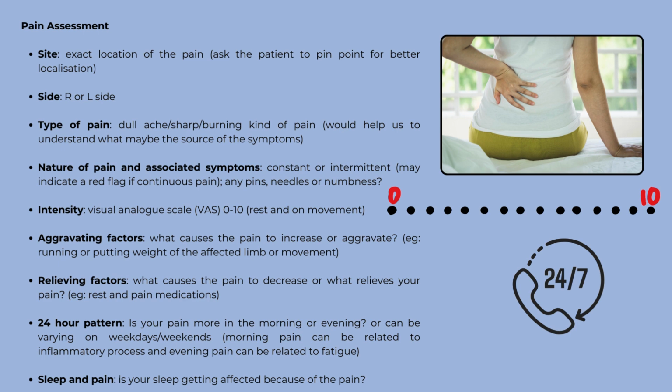Now, intensity, that is a visual analog scale. All right. Now, you would say that to the patient: I do understand that your pain is on the outer side of your left ankle, and it is a dull ache kind of pain, right? And it comes and goes. If you have to tell me about the intensity or how severe your pain is, so ideally the recommendation, because the name is a visual analog scale, the best thing to do